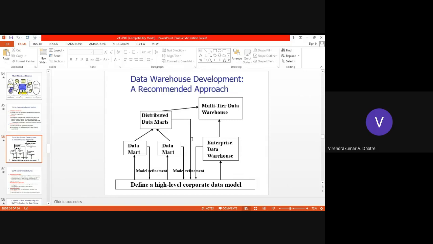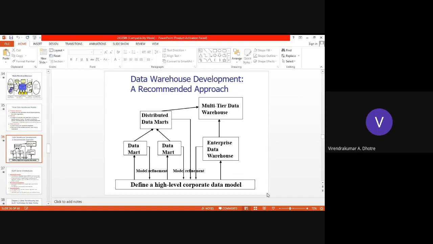So we can combine all these things and name it data warehouse design and development, which we can use to make a very accurate, high-level corporate data model. There are data marts, there are multi-tier data warehouses, there is the enterprise data warehouse, and there is model refinement, how it is implemented.